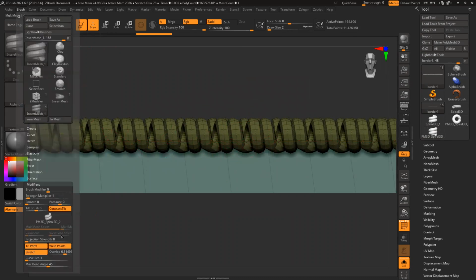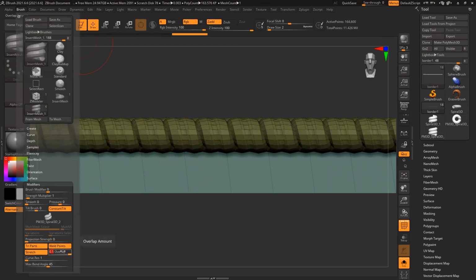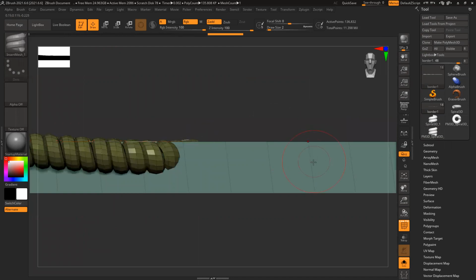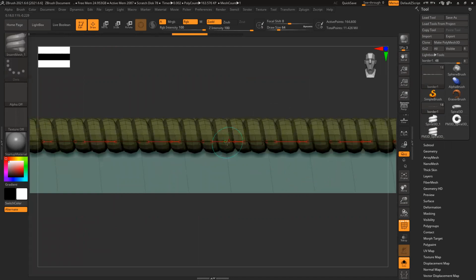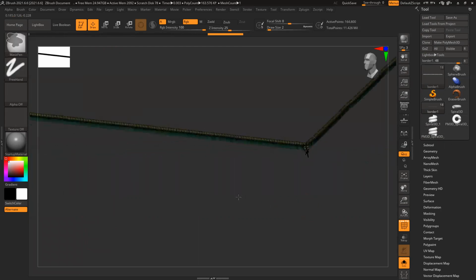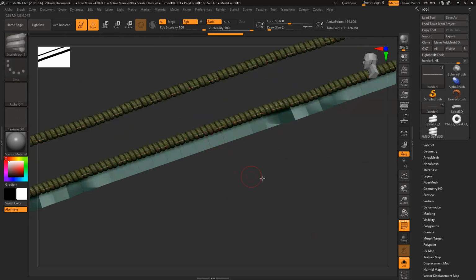So overlap I can increase slightly more, maybe 0.5. 0.5 is too much. 0.3. 0.3 looks kind of nice. Let's see. We got the correct shape.